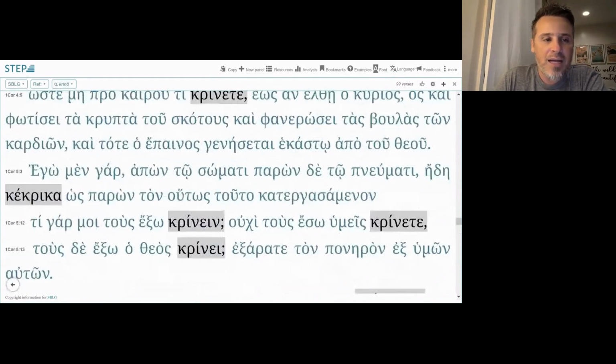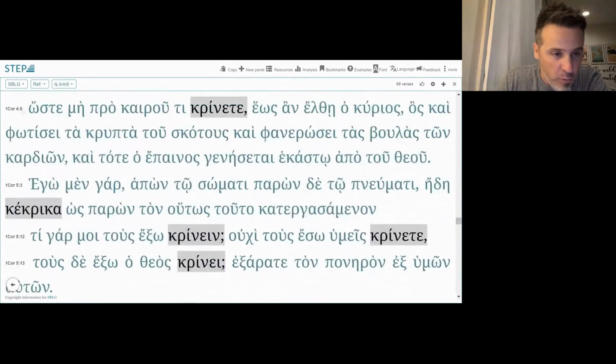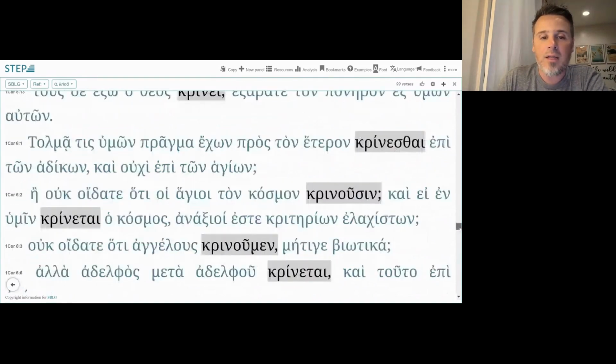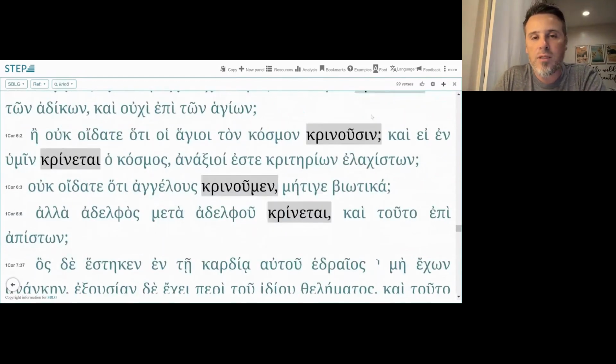And if you want to see the passages in 1 Corinthians, especially chapters 4, 5, 6, 7, those are the most prominent ones where Paul lays out that ethic of judgment. So kri. And again, for your mnemonic device, remember that critical comes from this, critique comes from this, and so on and so forth. All right, I'm going to stop there, and I hope that helps.